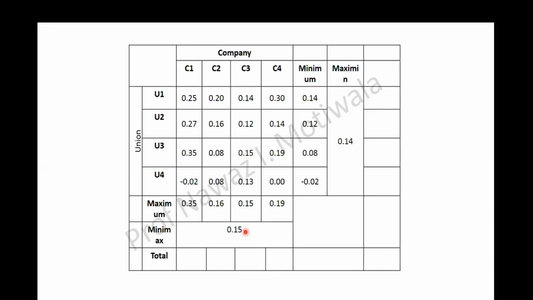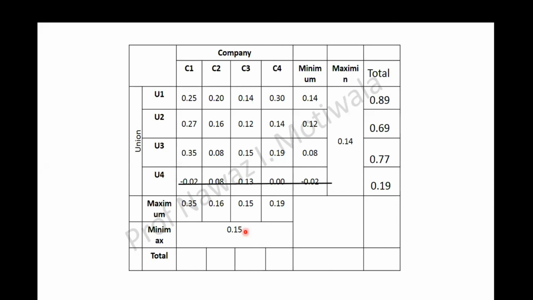For a mixed strategy, we need to convert it into a 2 by 2 matrix by using the principle of dominance. For the principle of dominance, we first take the total of rows. Now we compare the maximum with the minimum. Maximum is 0.89, minimum is 0.19. So compare the values and you will see row 1 will be dominating row 4. That means all the values are either less than or equal to row 1. Hence I cancel that out.